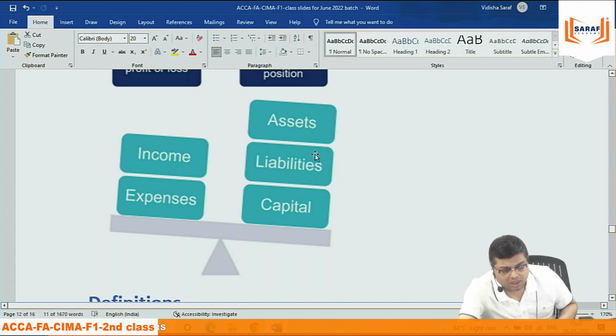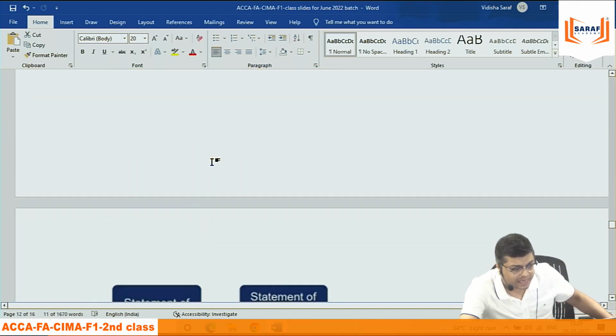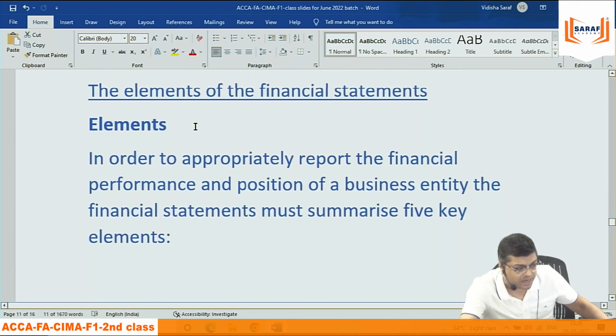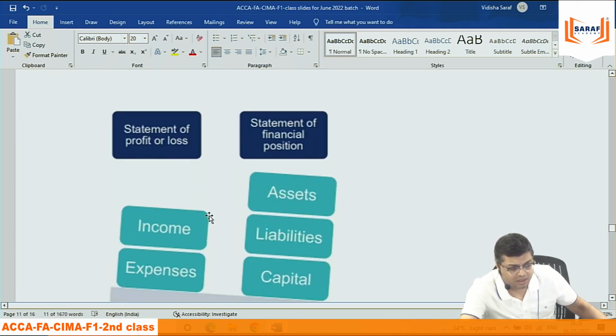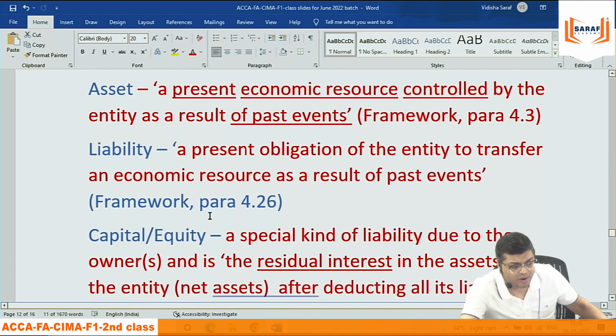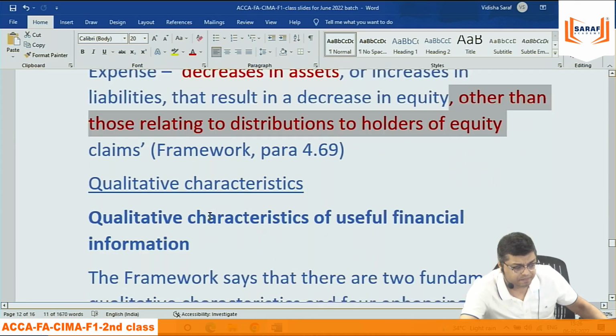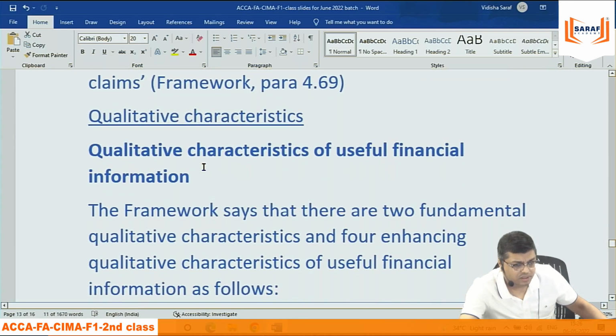Notes to accounts is an explanation on these 5 things only. But the elements, like in the body we have so many things. Similarly in the balance sheet, I mean to say in the statement of financial position, financial statement, there are 5 elements. Assets, liability, equity, income, expense. Then comes